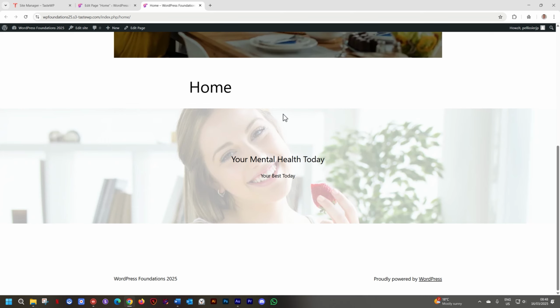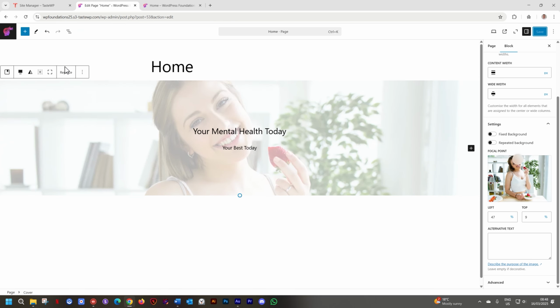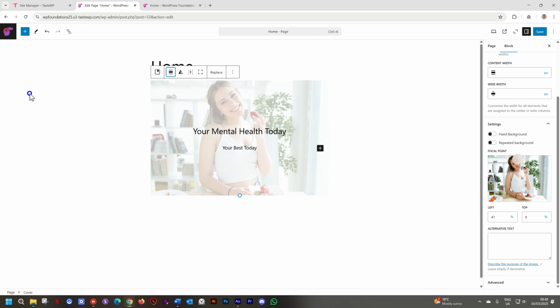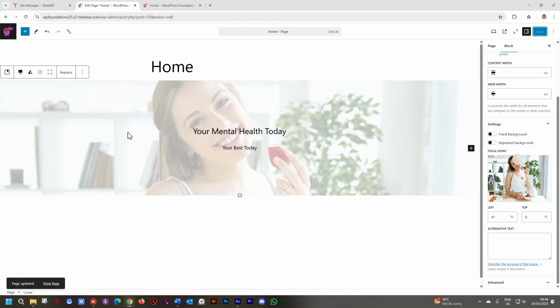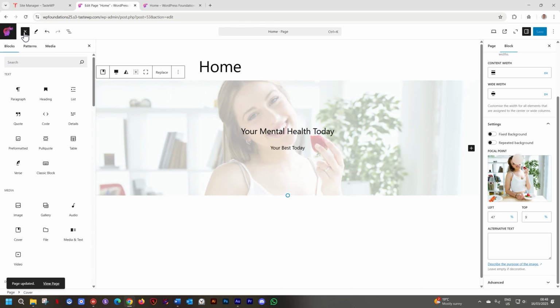This kind of wide width is important that you understand how to set this width, because that 650 pixels that we have here in the back end for this is way too tiny, especially for a home page. It's very good for blogging. Yeah, we do like it for blogging, but we don't like it for the other pages. So let's put it back on full width. Let's bring in another block below this, just so we can see how the page will work.